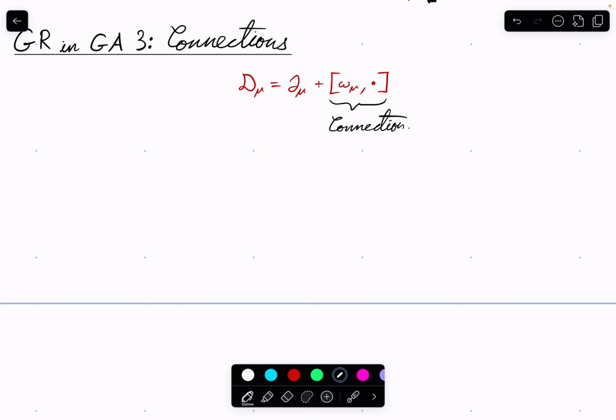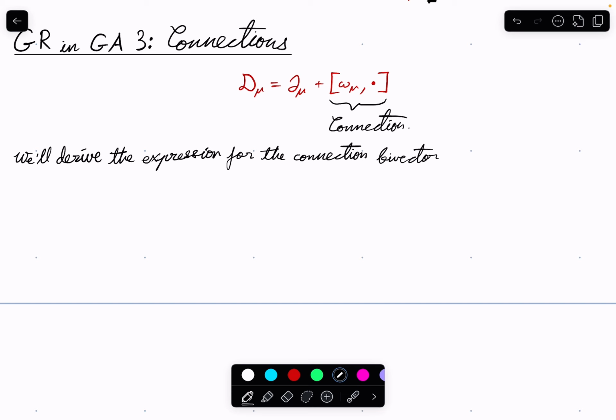And specifically, we will derive the expression for the connection bivector, and that bivector is omega mu, and discuss the role